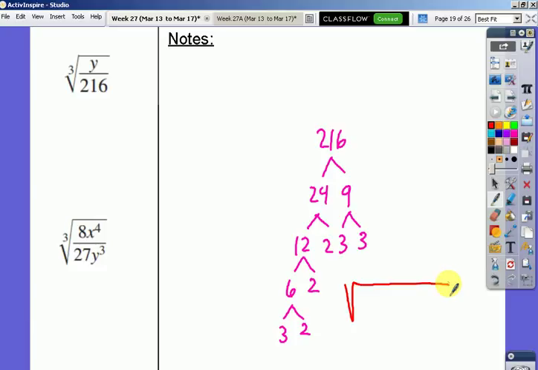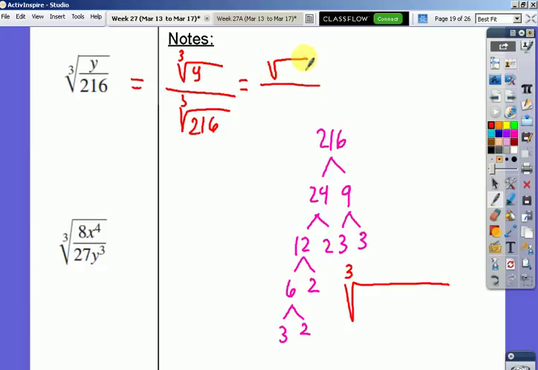So once again, I'm going to make my square root, or my cube root. Now, what am I doing? In my head, I already know that I can split this up into the cube root of y divided by the cube root of 216. So I'm already just looking at the cube root of 216, because the cube root of y is just going to stay the cube root of y, right? There's no way I can break that down into groups of 3 and simplify it. It's already simplified. So I already know at the top, the numerator is going to be the cube root of